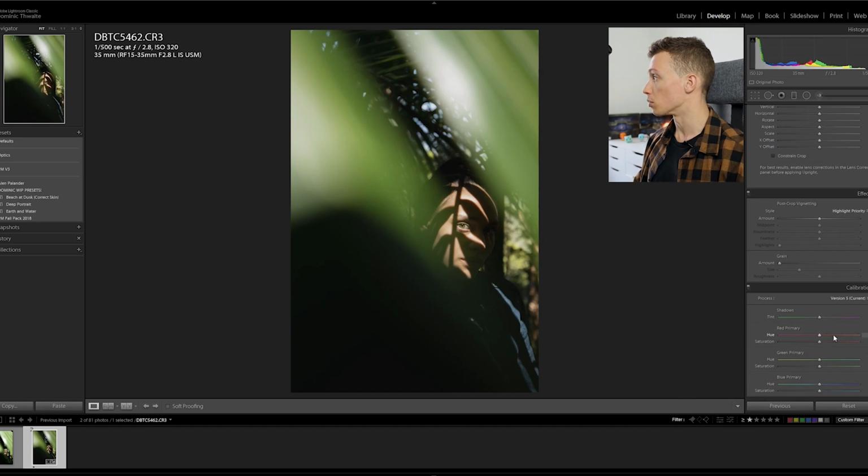So we go right down to the bottom of this menu here, and this section is the color calibration that allows you to dial in what you want certain colors to be perceived as before you even go into the hue sliders. So I'm gonna pull these around just to have a look. With the red slider, it makes it a little bit aggressive, but I think I'm just gonna push it maybe negative